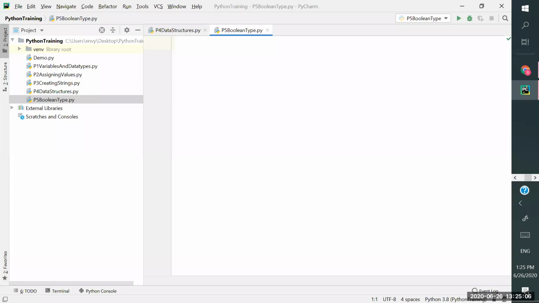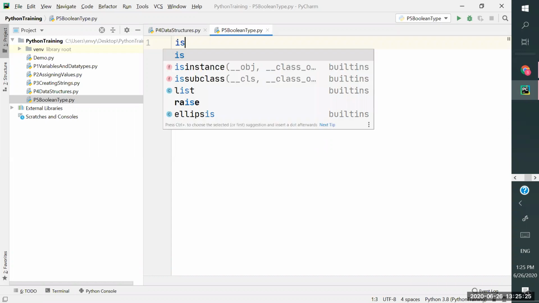In this video, let's see how to work with conditions and looping. Before we go ahead with conditions and looping, first we'll discuss how to work with the Boolean type. It is a little different from other languages. What is the difference? By default, in Python, you have